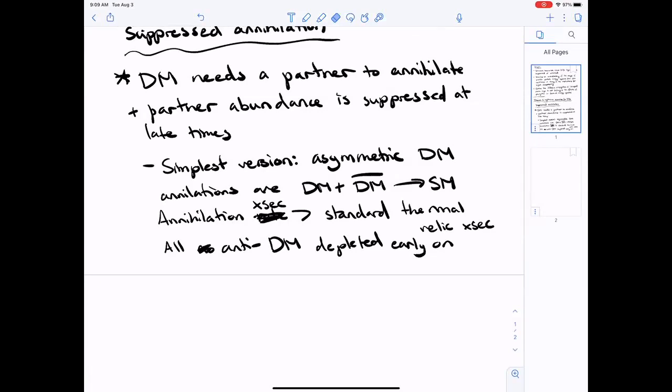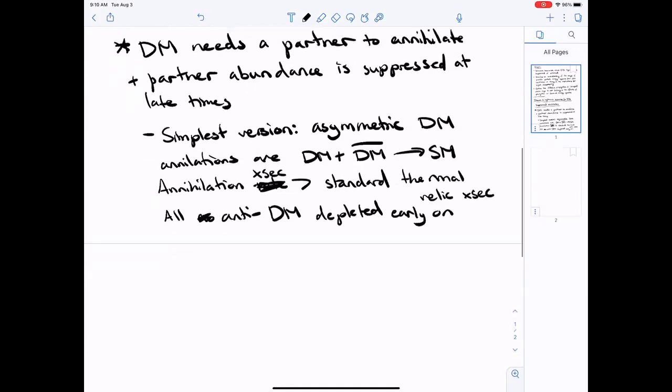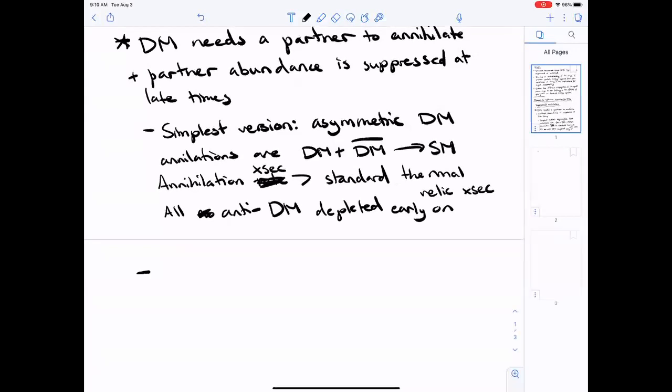There are some models where even though you have asymmetric dark matter, you still get a big signal at late times. That can be due to other enhancements to annihilation, or it can be because there's some mechanism that regenerates the anti-dark matter component at late times. If that happens, you tend to get quite a big signal because you needed a large annihilation cross-section to deplete the anti-dark matter in the first place. But for a bog standard asymmetric dark matter model, if you can deplete almost all the anti-dark matter in the early universe, then you don't need to worry very much about indirect detection signals at late times. So that's the sort of V1 of this.